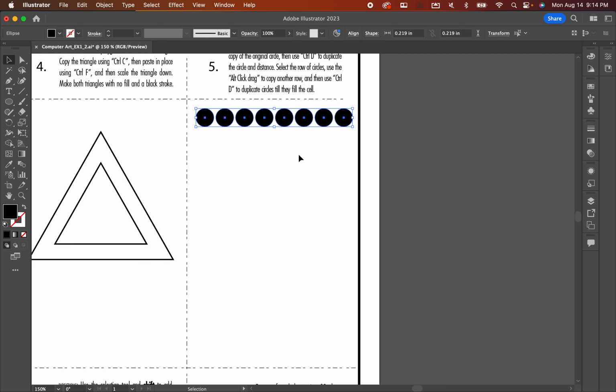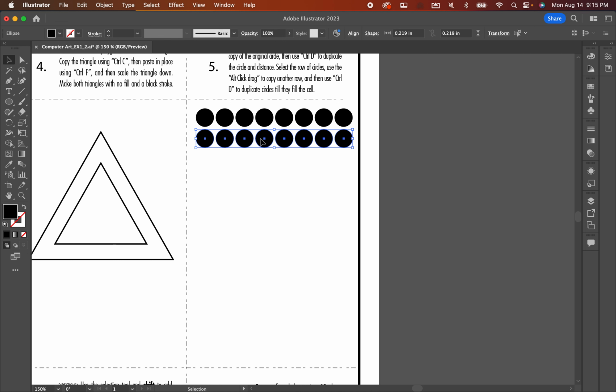Then I can click and drag over all of those circles. I can also have one selected and hold Shift and slowly add to the selection. That's a nice way to add to a selection. And then what I'm going to do again is hold down my Alt key. You can see the double arrow shows up. I'm going to click and drag down, and I'll hold Shift,